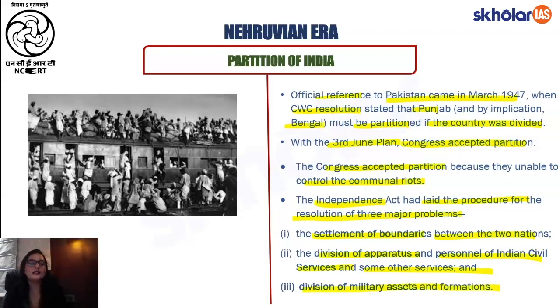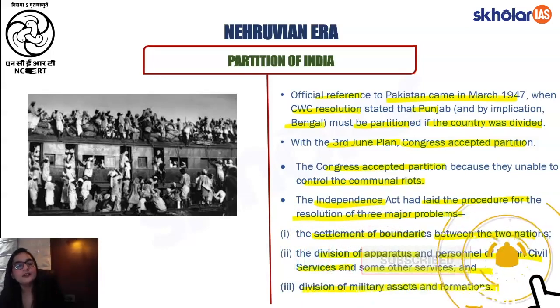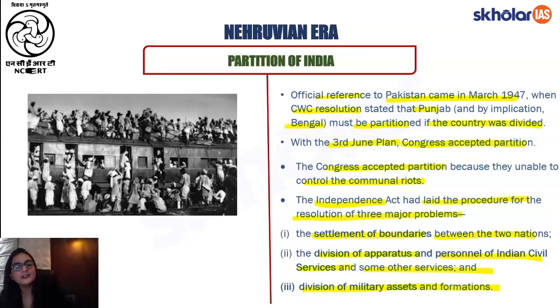तो जब ये तय हो ही गया था कि पाकिस्तान और इंडिया डिवाइड होंगे, पार्टीशन होगा, तो इंडियन इंडिपेंडेंस एक्ट में कुछ इंपॉर्टेंट प्रोविजंस डाले गए थे जिसमें कि पार्टीशन कैसे स्मूथली हो उसका प्लान दिया गया था, जिसमें सबसे इंपॉर्टेंट था कि दोनों कंट्रीज के बीच में बाउंड्रीज कैसे सेटल होंगी। तो उसके लिए एक पर्टिकुलर कमीशन लगी थी, दैट इज रैडक्लिफ कमीशन, जिसके बारे में हम नेक्स्ट स्लाइड में पढ़ेंगे। उसके अलावा स्टूडेंट्स, देयर वाज सपोज टू बी अ डिवीजन ऑफ apparatus and personnel belonging to the Indian civil services। तो इन लोगों का कैसे डिवीजन होगा, इंपॉर्टेंट एडमिनिस्ट्रेटिव पोस्ट होल्ड कर रहे लोगों का डिवीजन कैसे होगा, इसके बारे में प्रोविजंस दिए हुए थे इंडिपेंडेंस एक्ट में। एंड फाइनली मिलिट्री एसेट्स कैसे टूटेंगे दोनों कंट्रीज के बीच में, इसके भी प्रोविजंस इंडियन इंडिपेंडेंस एक्ट में हमको मिलते हैं।